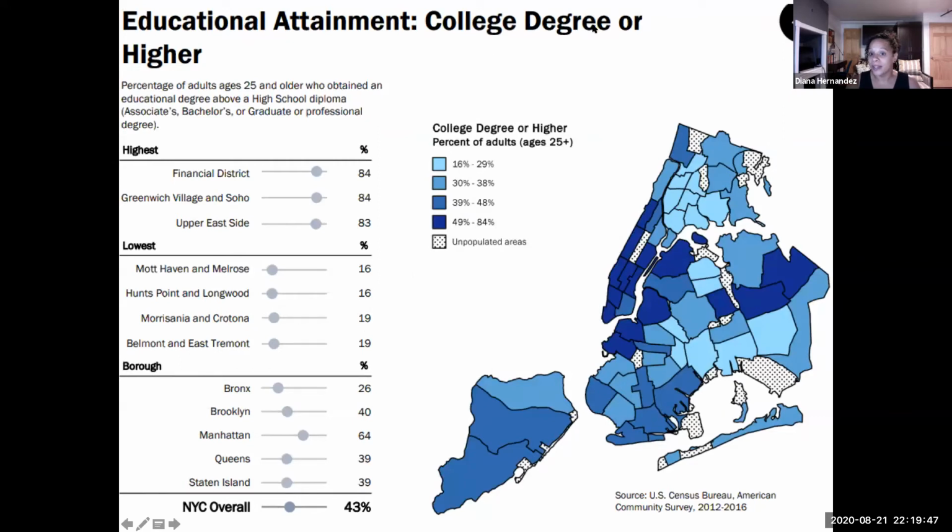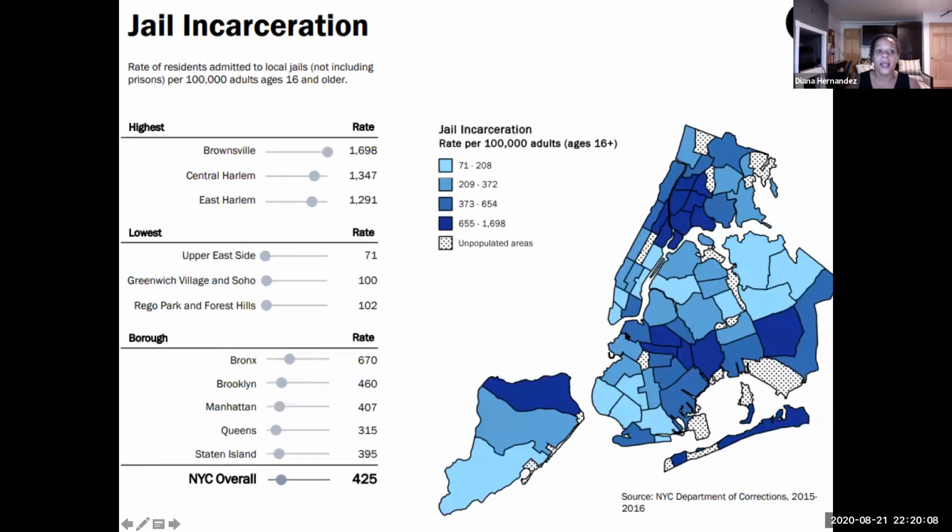In terms of college degrees, there's an inverse relationship between poverty and college access. And again, you have the Bronx, it's light blue because there are far fewer people in comparison to parts of Manhattan and the wealthier parts of Brooklyn and Queens. And then incarceration, same thing, right? So you have, along with poverty, higher concentrations of incarceration in Upper Manhattan, in the Bronx, and in those same parts of